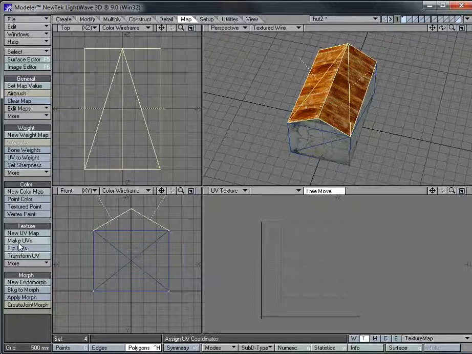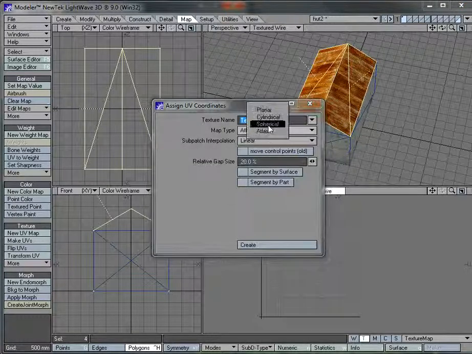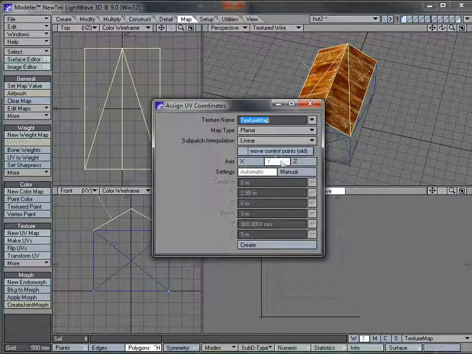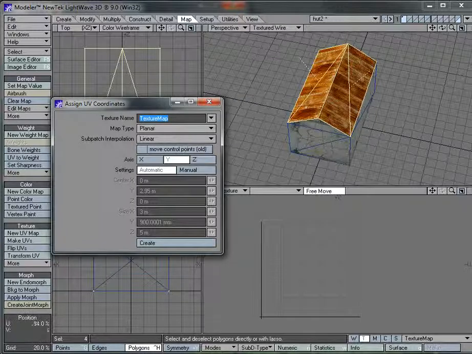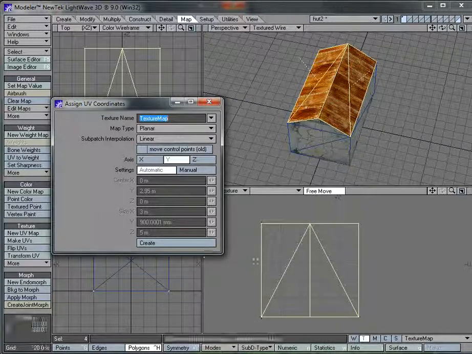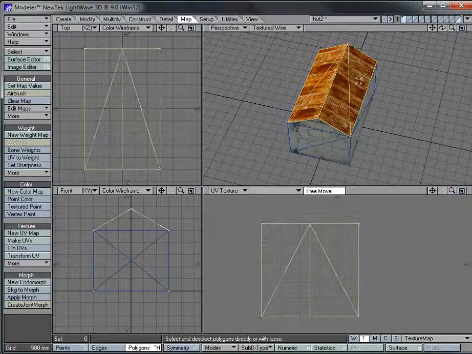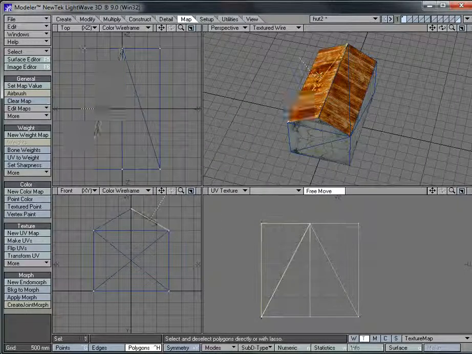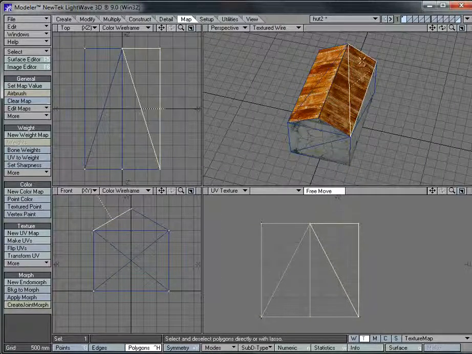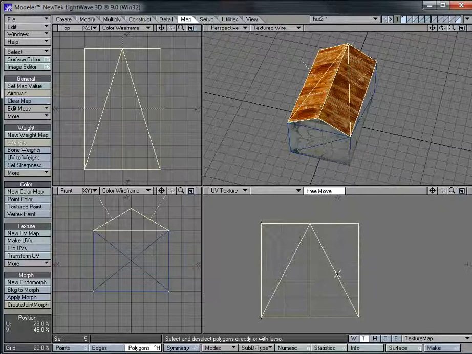If we make UVs using a planar projection on the y-axis, this will basically look down from the top and take these polygons and push them onto here. So if we create, we can now see that we've got the roof polygons. And if we select these, you can see which polygons are which. Using the H tool, which is scale,